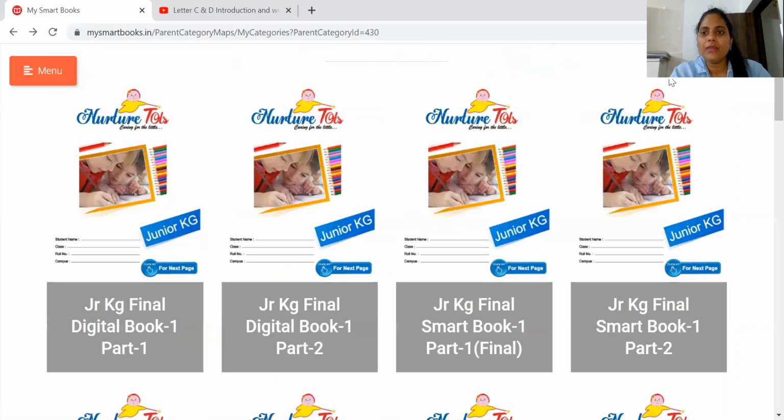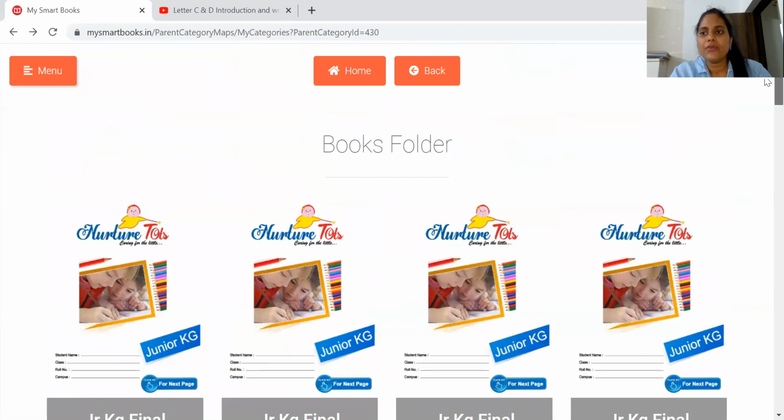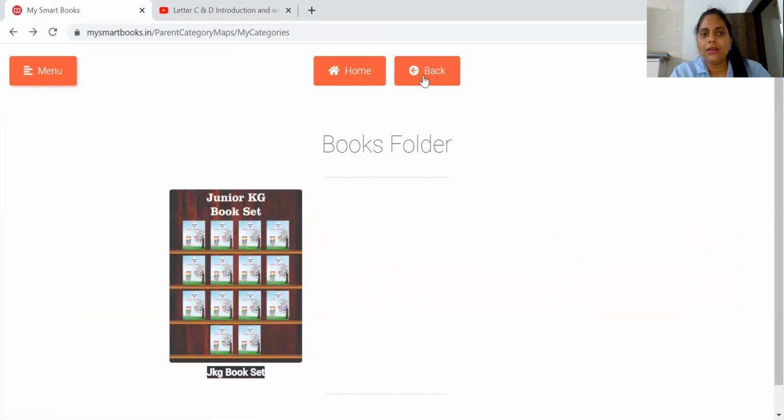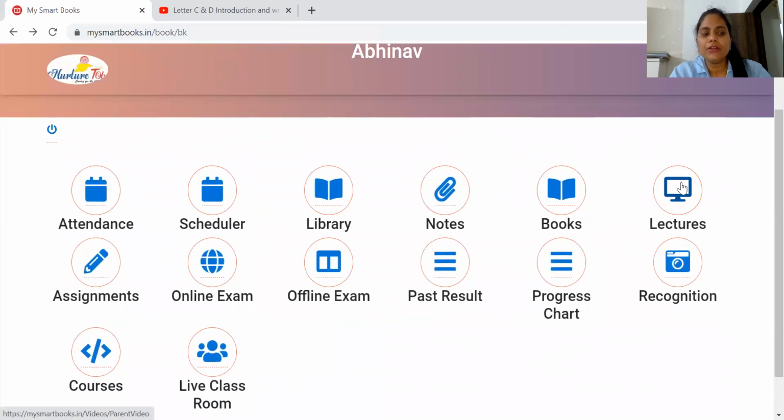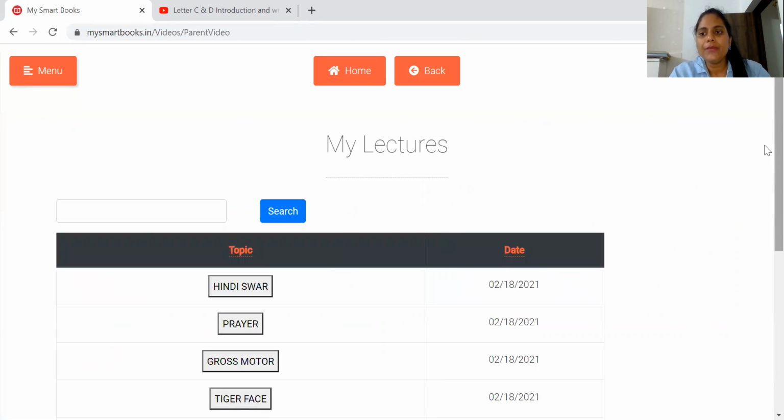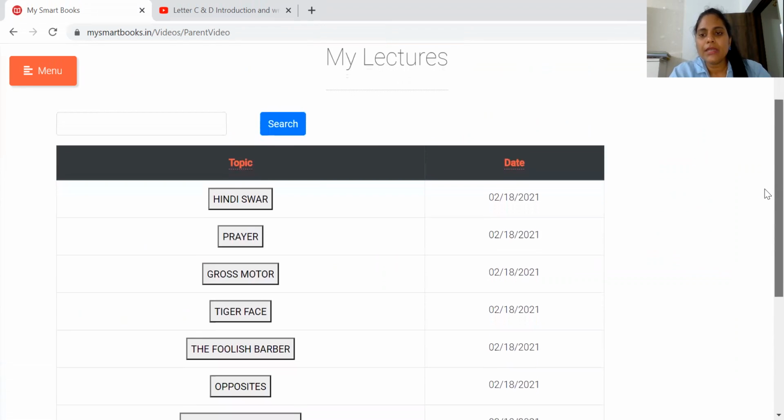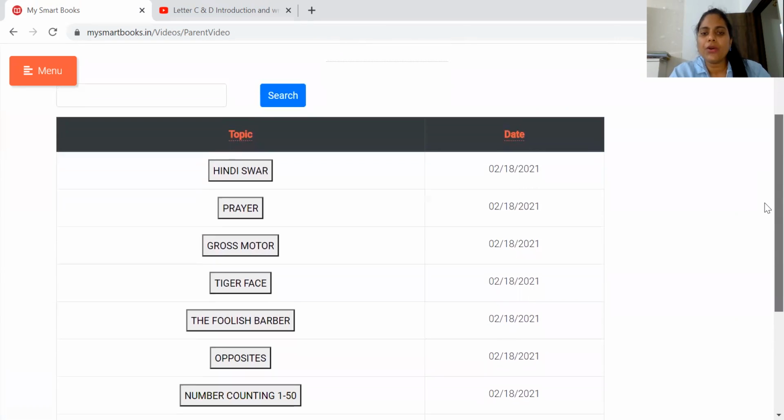Okay, books are available. So we saw all the books are available in your login. When the parents log in to their virtual school, the books are available there. Next, a very good feature that the parents will be able to access is the lectures. Every day, whatever timetable is shared with the parents, the video recording of every activity in that timetable will be given here.